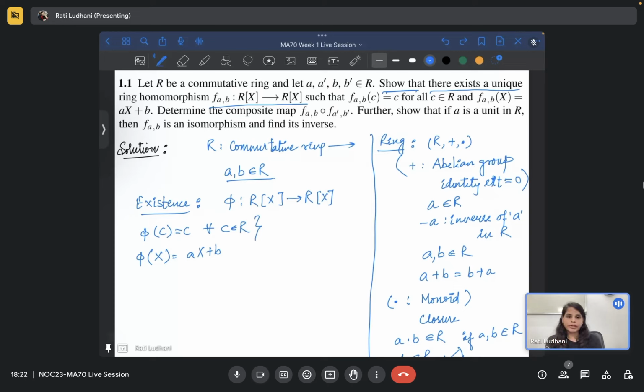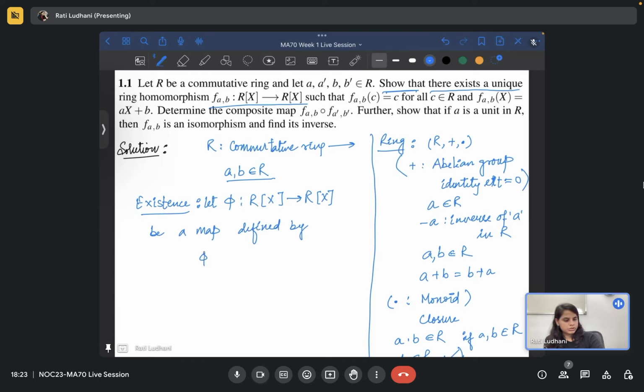I'm just writing phi right now because I don't know if it is unique or not. Until I prove it, I cannot write phi_{a,b}, because the notation says that it is unique. So can you construct some phi like this, or tell me how I should define it? I want these two properties anyway. So, let phi be a map defined by,